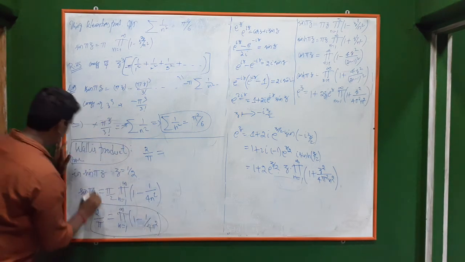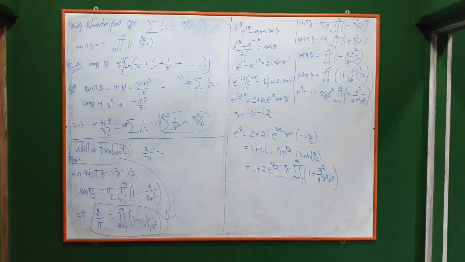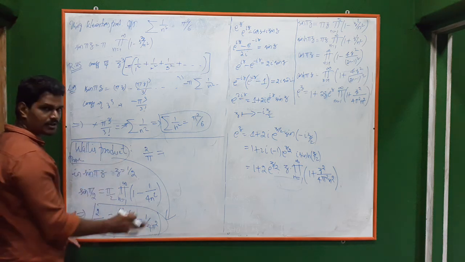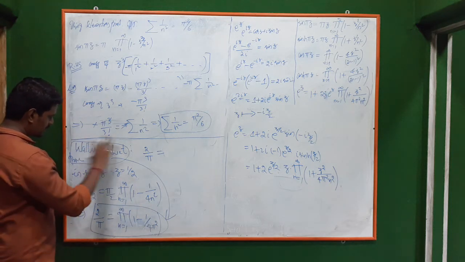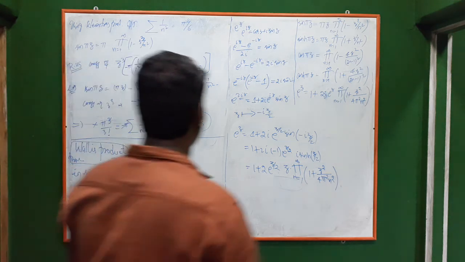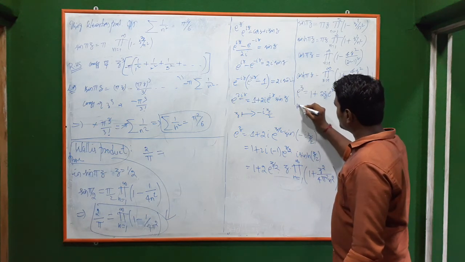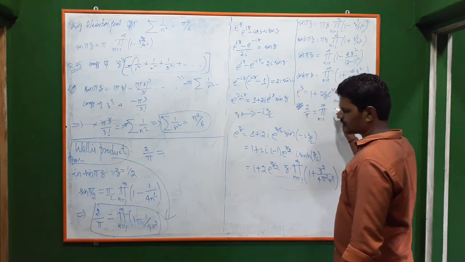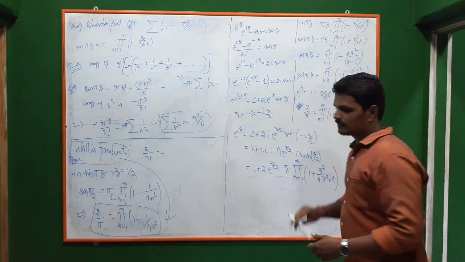So this is the Wallis product. In the question it will be given like prove the Wallis product, prove that 2 by pi equals this. Since we know this already, I have written it directly from this. So write this also here: 2 by pi, your Wallis product, is the product n from 1 to infinity of 1 minus 1 by 4n square.